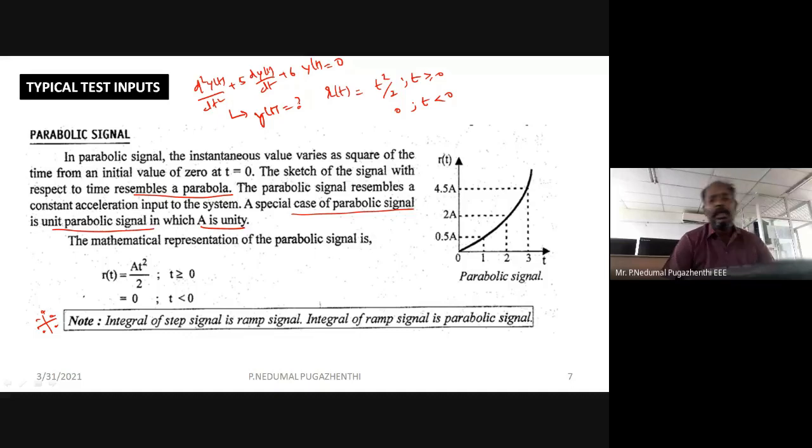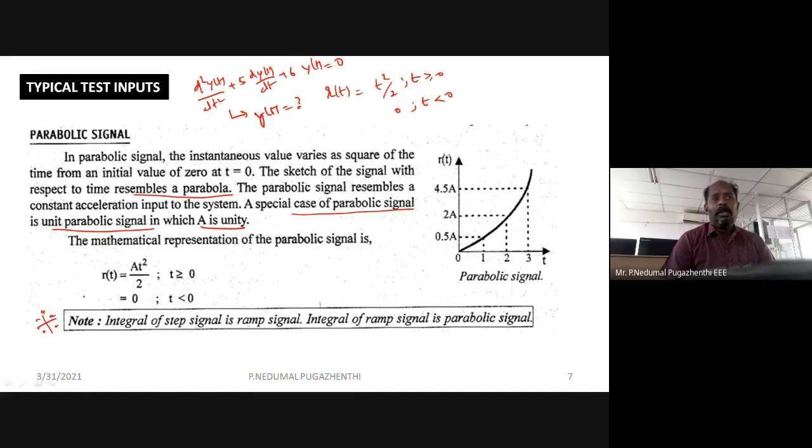Instead of y, we put c, so c of t is the output, and you try to find what c of t is. You go for the auxiliary equation, then the complementary function, the particular integral, and finally the total solution. It takes time. Even a second order system you can work on, but a higher order system becomes a little tedious. It is a time consuming process.